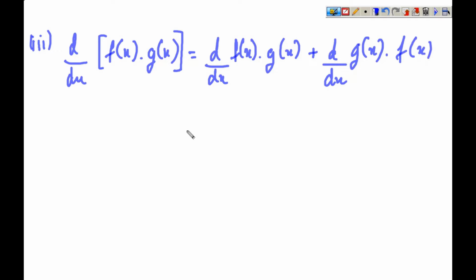So this is also known as the product rule. If, let's say, I denote this as u and this as v, then we can simply write that d by dx of u times v, these are two functions,